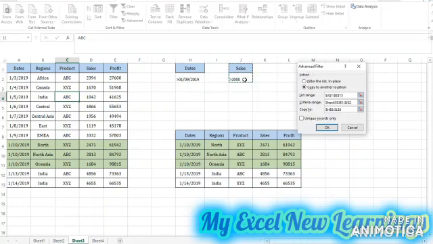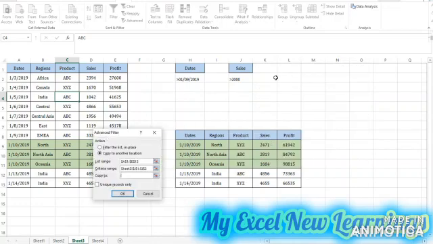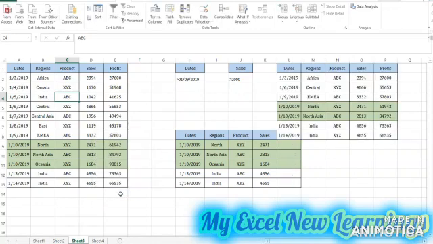I want to see the sales which are greater than 2000, then copy to other location. We will see the data should reflect here. So we have got 7 records with sales greater than 2000.